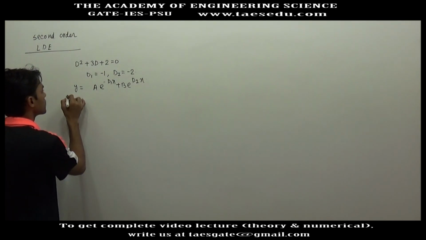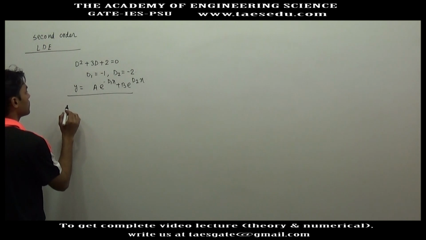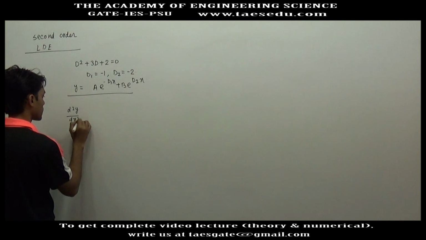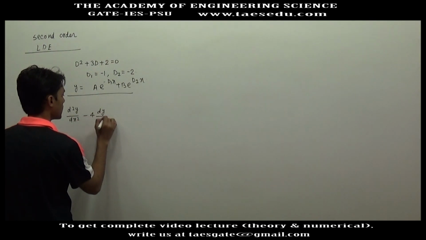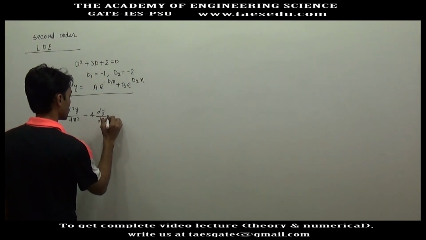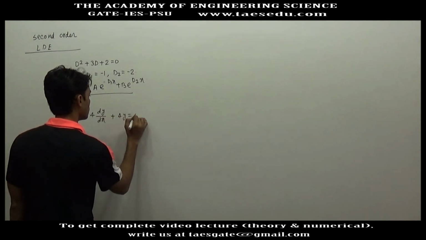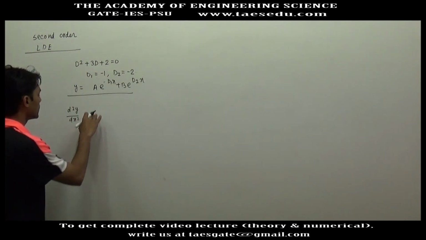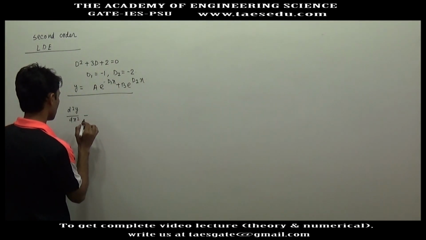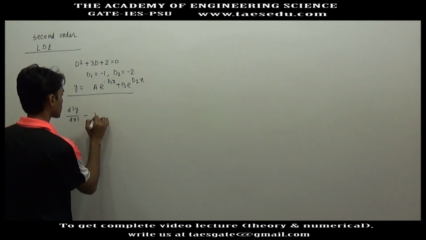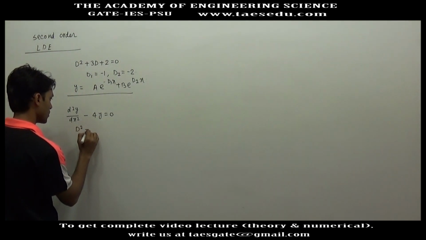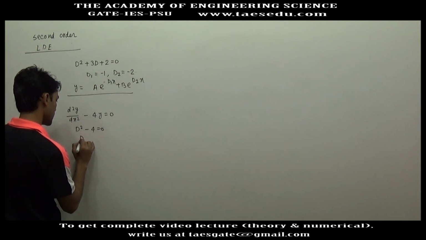So I will take a different question. If suppose we have d2y by dx square minus 4 dy by dx, or let's say plus 4y equal to 0. Now we will take a different example. Let's say d2y by dx square minus 4y equal to 0. So what we will have here, d square minus 4 equal to 0, d will be